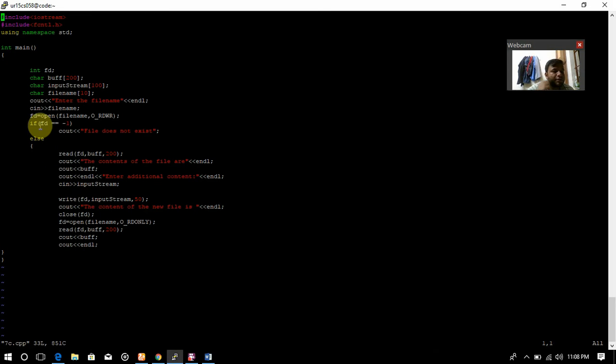First, starting the program with the header files, that is #include iostream, then using namespace std, then starting a main function, and initializing variables fd, buffer, input stream, then file name, then asking the user to enter the file name, then fd is equal to open file name, then if fd is equal to -1, the same thing, the file does not exist, and it will go to the else part, that is it will read the contents of the file, then it will ask the user